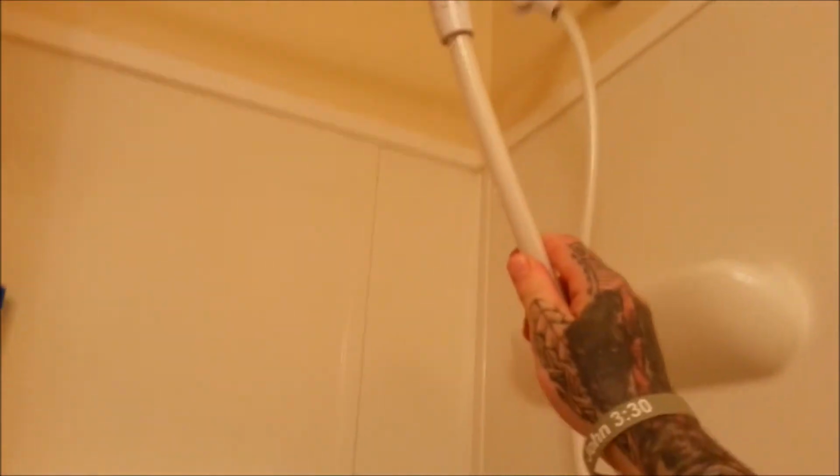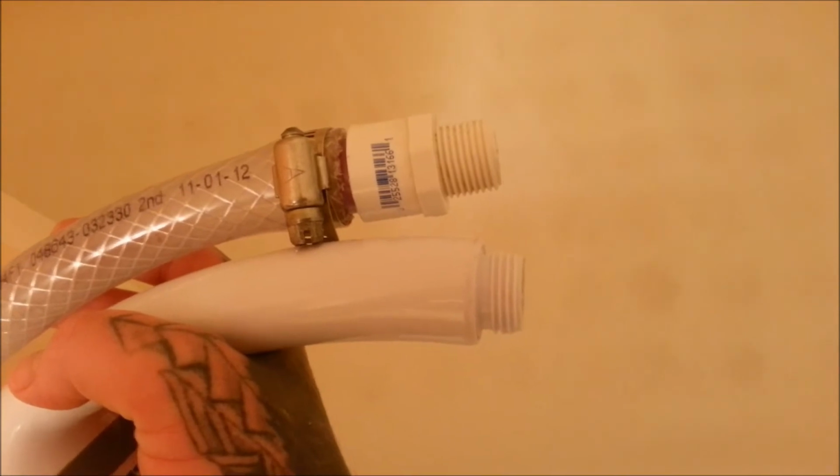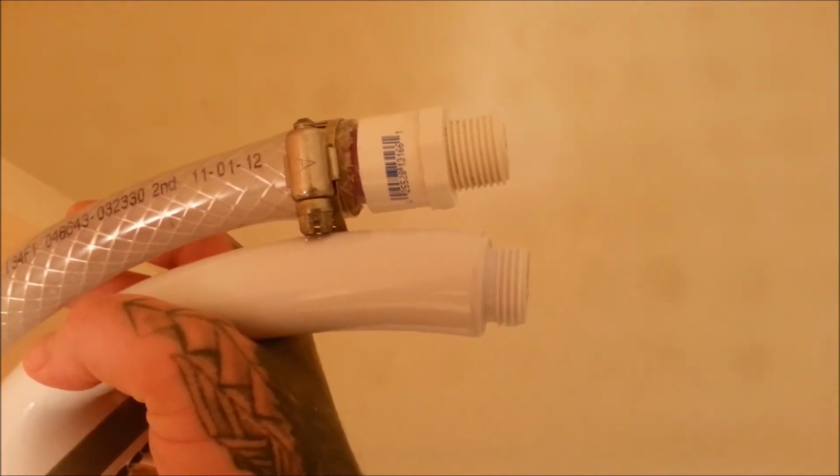Okay, so at the end of the hose where the shower head sits, you remove it, and you gotta take this. These two fittings have to match. You gotta have two male fittings. This has the 1 inch. The hose part has a 1 inch pipe that slides into the tube, and then I have it cinched down, obviously. So now with this end, instead of using the shower head,